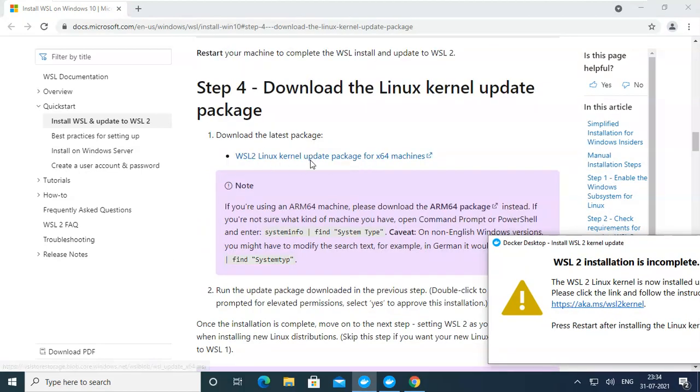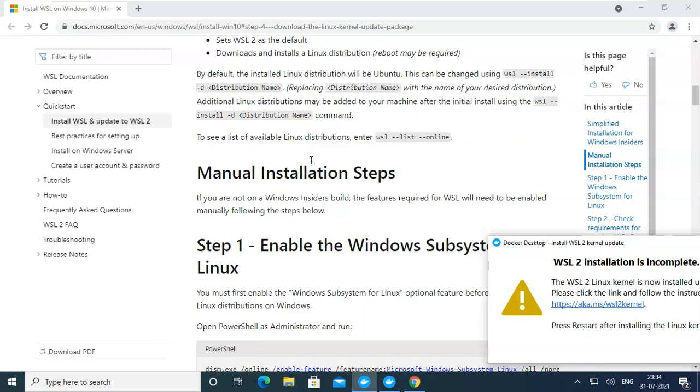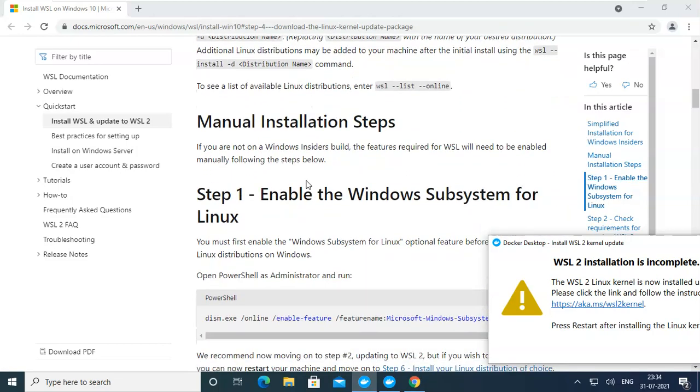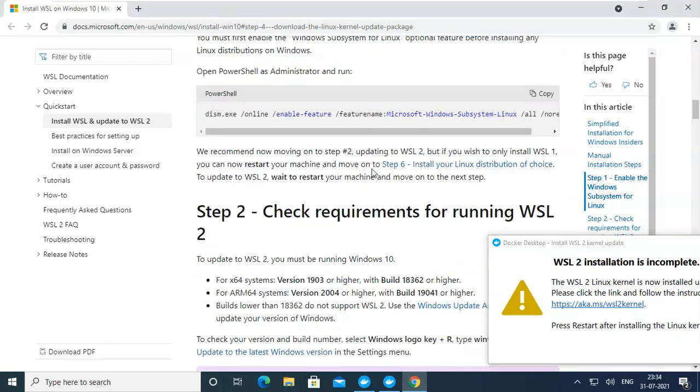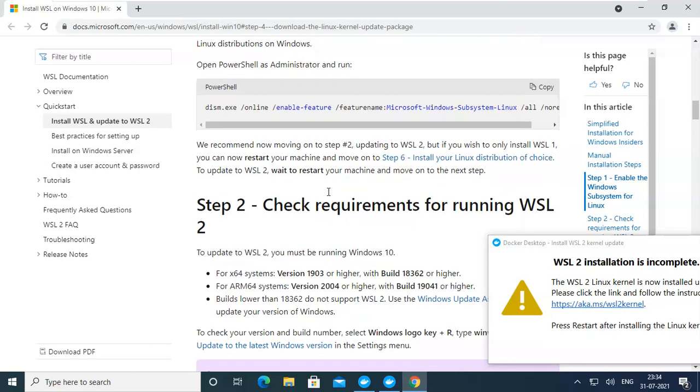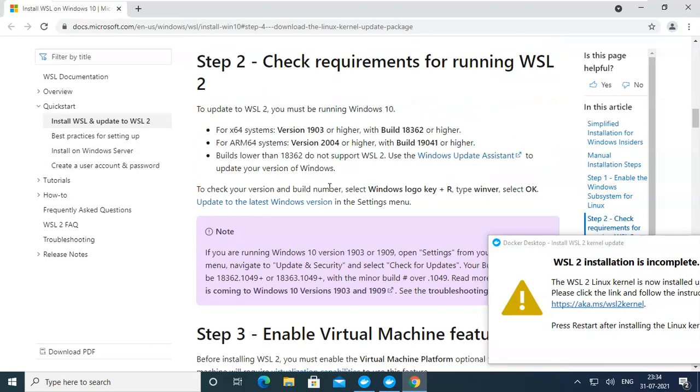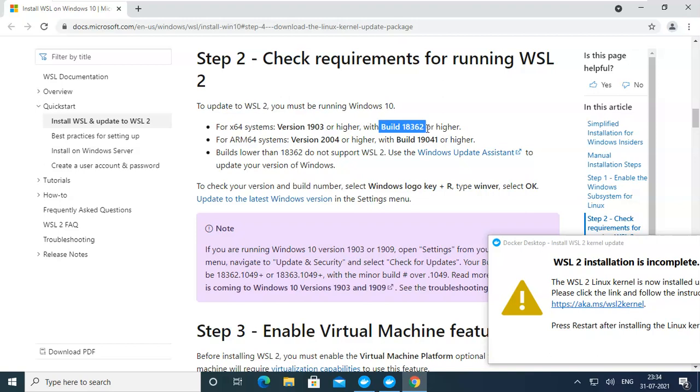Yeah, so go to step one. This is enable Windows Subsystem for Linux. So you can directly install that feature, or you can install the application directly. You have to check whether the build version is the required version or higher. Mine is a very high version, the latest one.